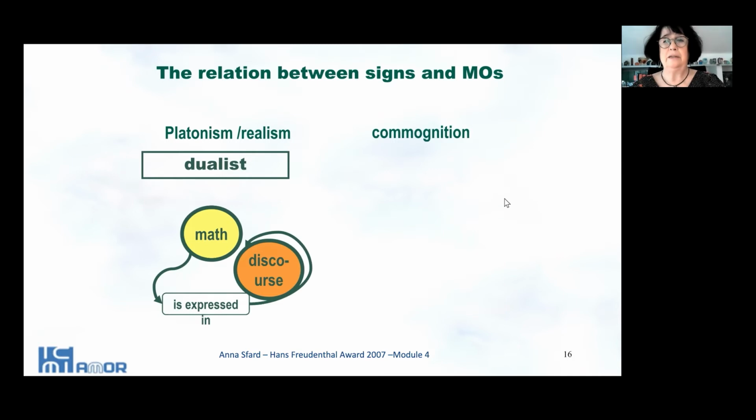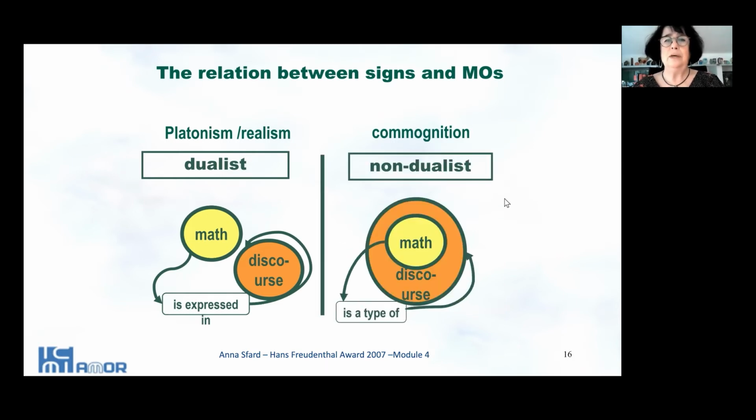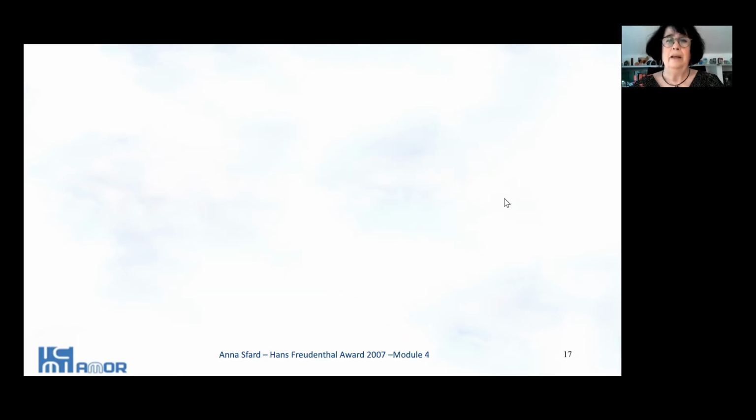The non-dualist perspective presents mathematics as a way of communicating, one of many different forms of communication we are able to participate in. Those who adhere to this non-dualistic position wouldn't say that discourse helps in learning mathematics. They would say that discourse is exactly what is being learned in the mathematical classroom. Let us try to understand where this difference in talking comes from. I will use a comparison.